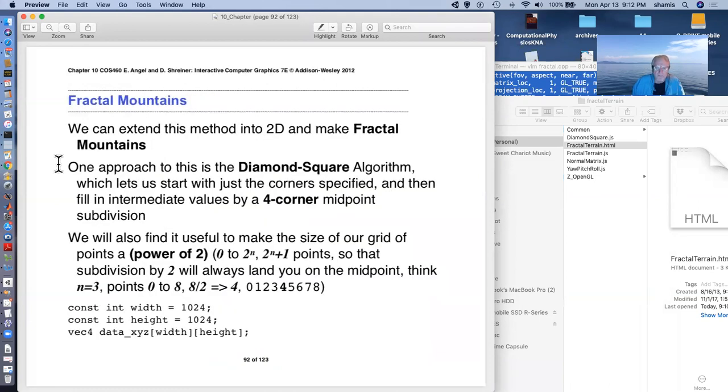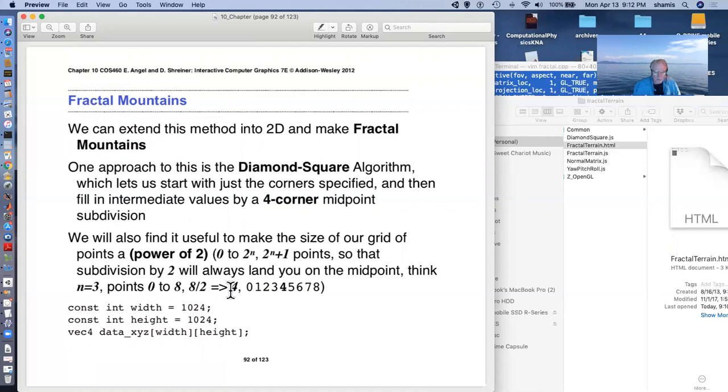Because we're subdividing it, it's useful to make our grid a power of 2 plus 1 points. If you think of n equal 3, this gives us points 0 to 8. 8 divided by 2 is 4. 4 is the middle of those 9 points that we're using here. So starting off with 1024 width, 1024 height, and our data